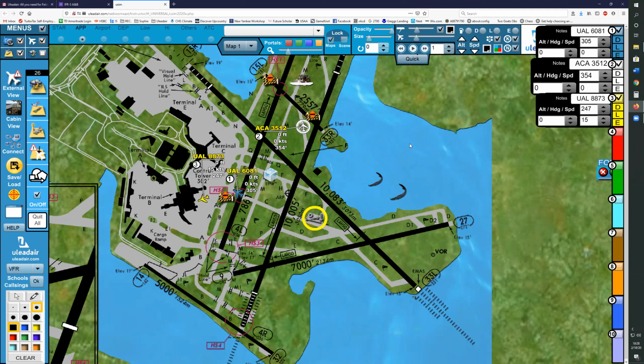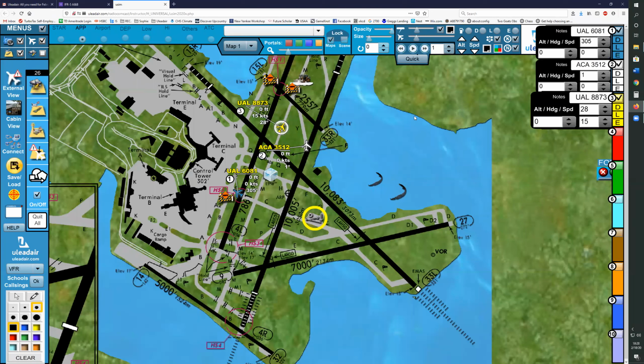So, all right, we'll just sort of go into the marathon here, which is the same sort of thing. For instance, United 8873, there is equipment on Mike after 33 right.